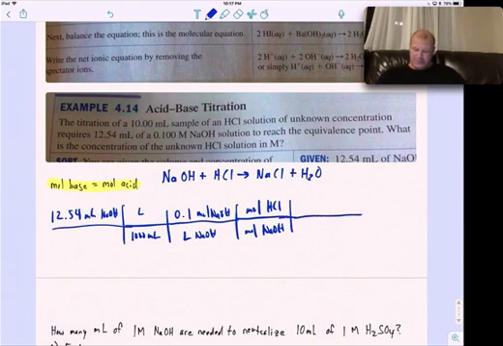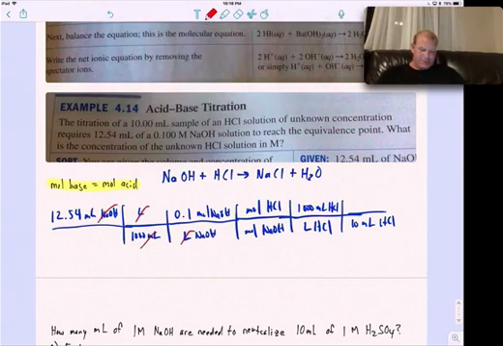And then we divide by 10. So we have 10 milliliters HCl, so then we have 1,000 milliliters HCl, liter HCl. And then we'll be left with moles per liter. Yeah, that'll work. So if you look at the units, milliliters cancel, liters cancel there, moles cancel, milliliters cancel there, and